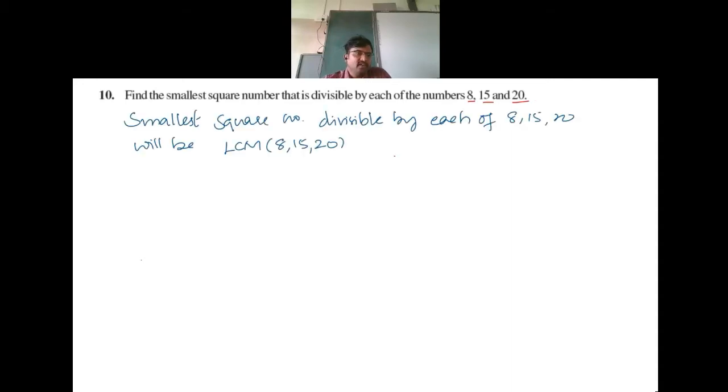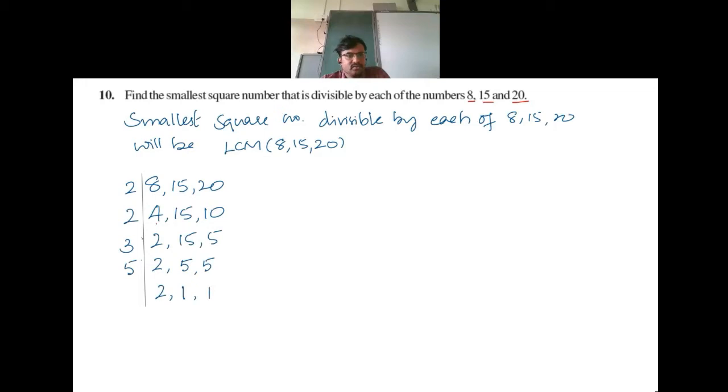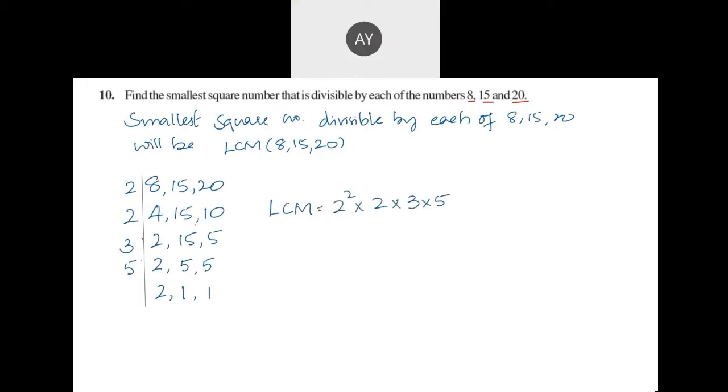Same procedure, we will find the LCM. Now when you divide by 2, 2, 4, 15 will be as it is. 15 should be kept as it is. Again, we'll divide by 2, 2, now by 3, now by 5. Same as this: 2 squared into 3. One more 2 should be there. Why one more 2? Sir, in the last 2, 1 and 1 is there. You can see here, there is 2 squared I have written.